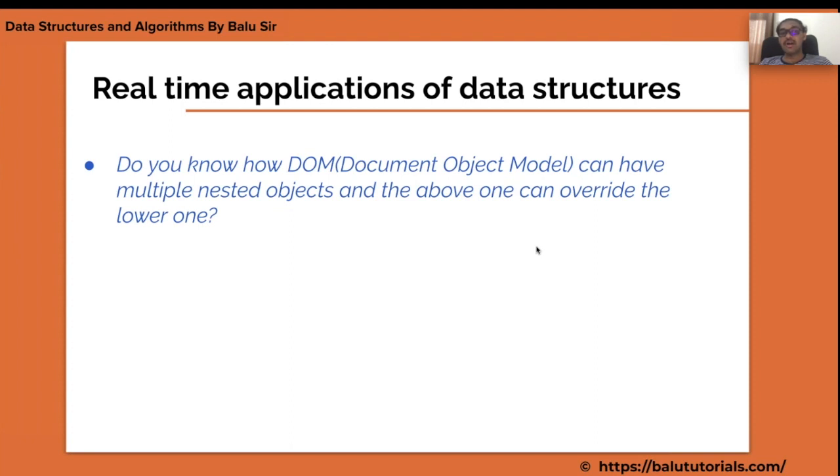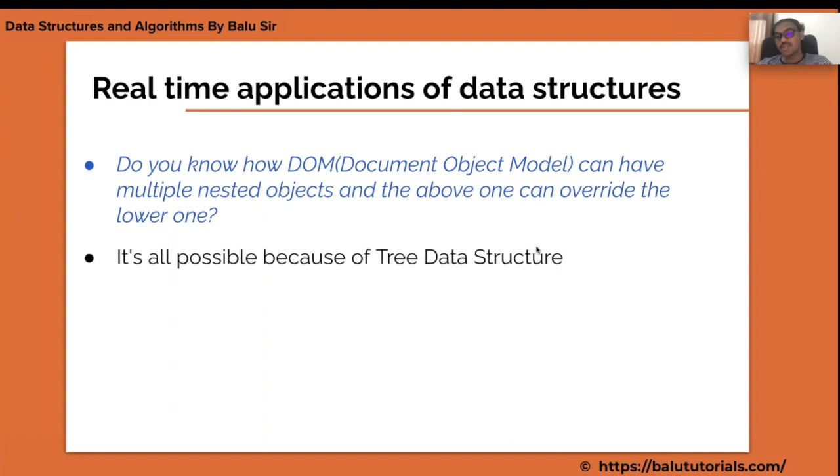For example, do you know how the DOM, the document object model, works? Document object model means you have computers, right? If you go to the C drive, go to program files, go to the next level, next level, next level, whenever you work on a file that is nested, right? Go to the D drive, go to your photos, go to your album, go to your photo again. If you open the nested layers, there is some object model. Those also work with the help of this.